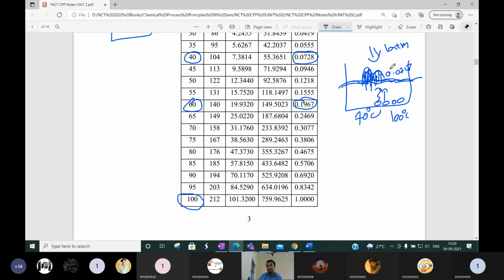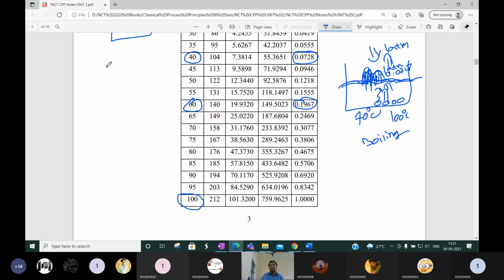Now at 100 degrees centigrade, the vapor has 1 atmosphere, and the atmosphere has 1 atmosphere pressure. This would clearly counterbalance each other. So now these bubbles will have less force, and these bubbles will try to come out. That is called boiling. Okay, that's why we call it 100 degrees centigrade. The water is boiling because at 100 degrees centigrade, the water has 1 atmosphere vapor pressure, and this vapor pressure counterbalances this atmospheric pressure. Okay.